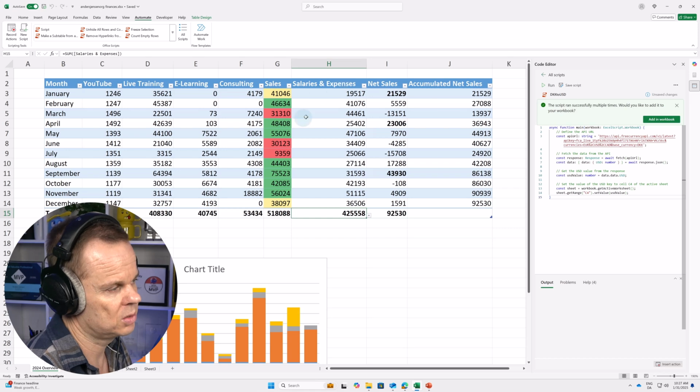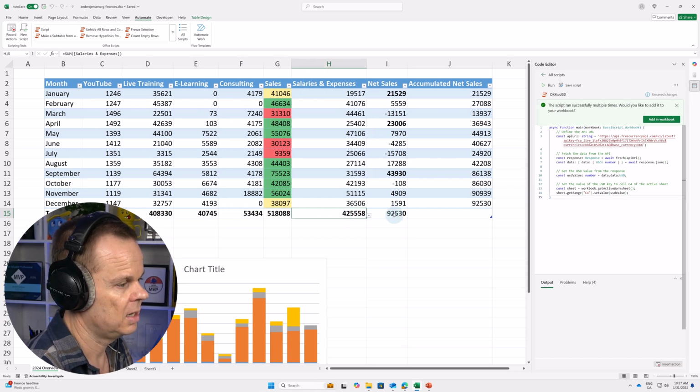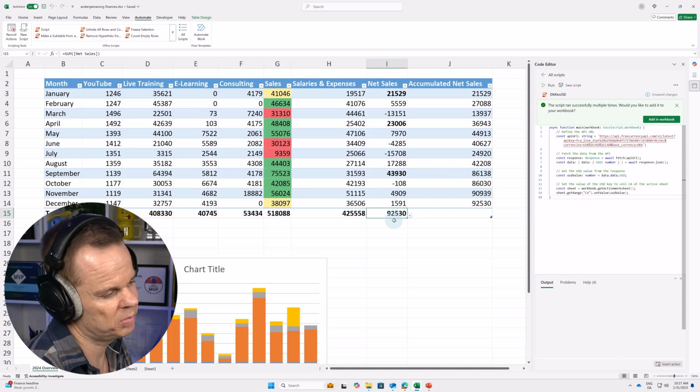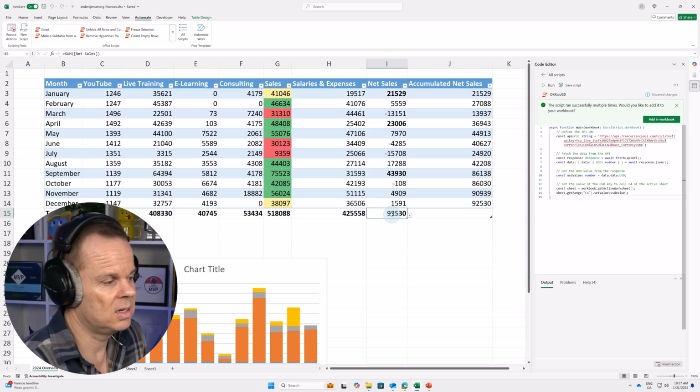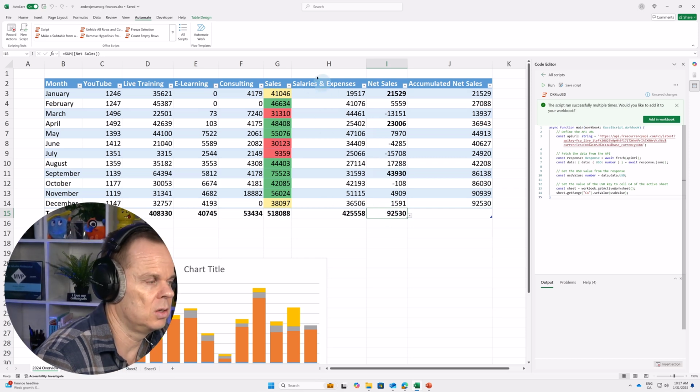Expenses here, which are mostly salaries, is that right? True. And then software. We have the software, but probably, of course, we paid the Copilot licenses, mostly salaries. And then we had the net sales here, which is